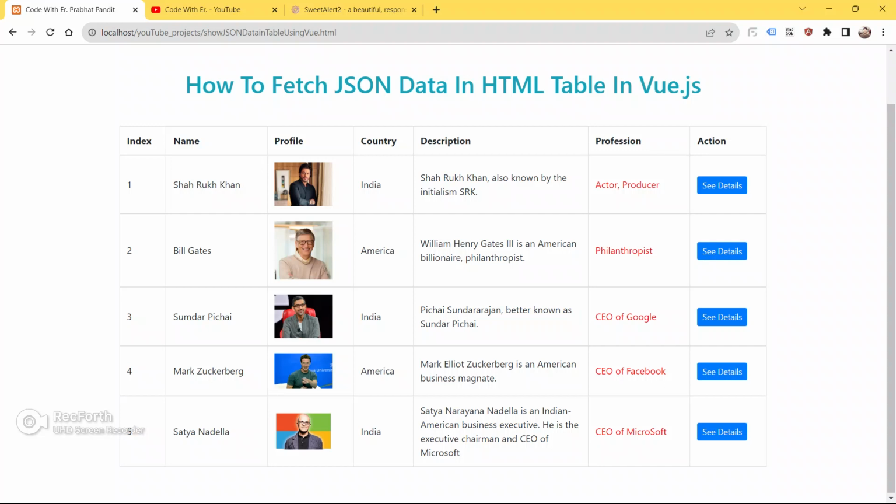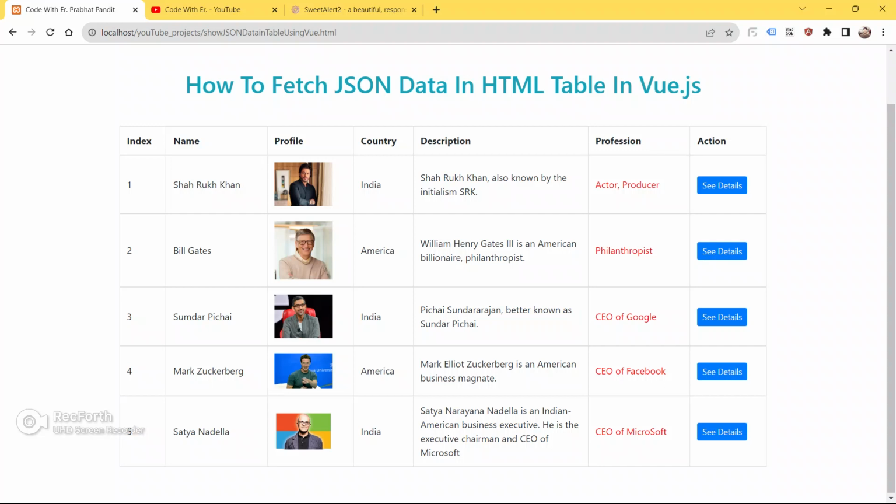Whenever you click the button See Details, you will see a pop-up, and in the pop-up, all the information about the user will be shown. Now I'm gonna click the See Details buttons one by one, so we will know how we can show the details about the user in our alert.